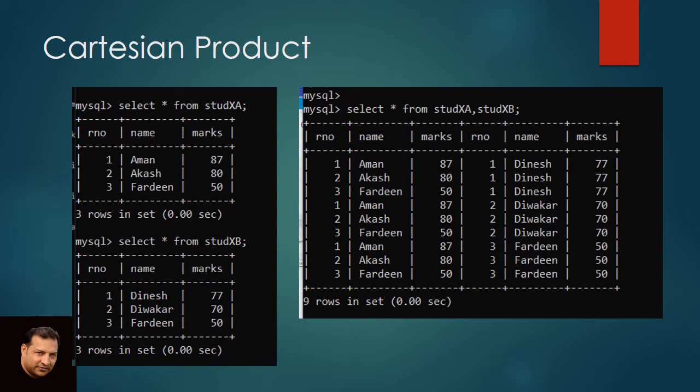To understand this, let us see this example first. I have created two tables already. Their data is shown in the left hand side. Now see one example: select asterisk from student 10th A, comma student 10th B. Here we have used two tables and this query will select all the rows from these two tables, but not in union form. It will display